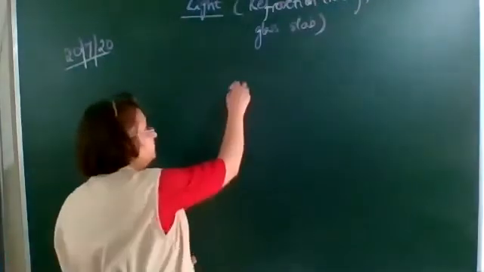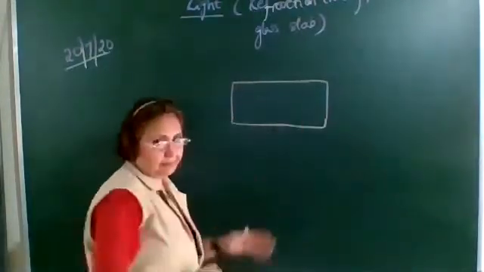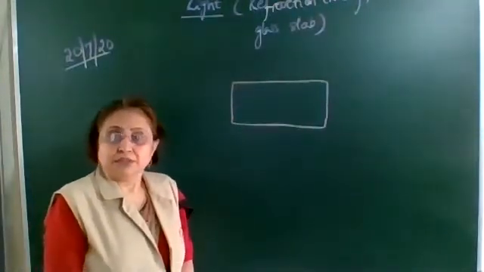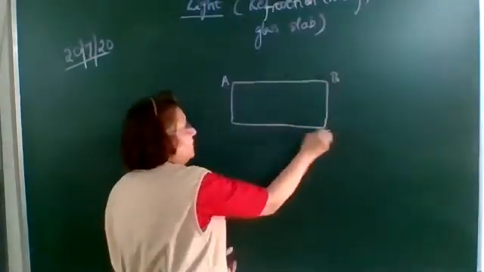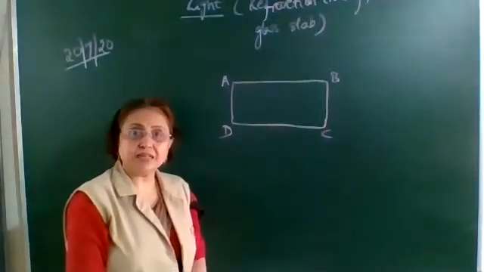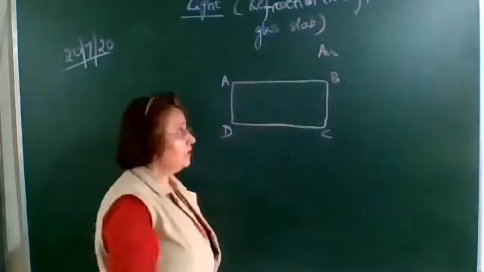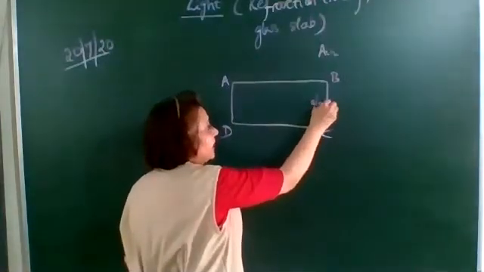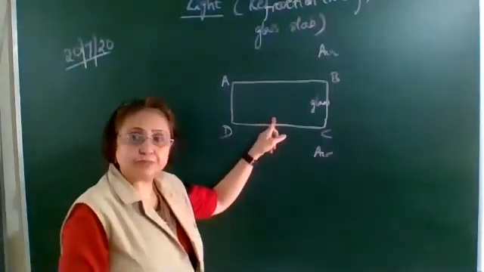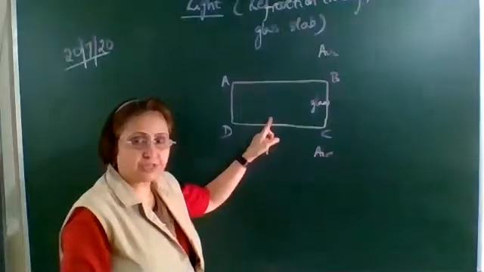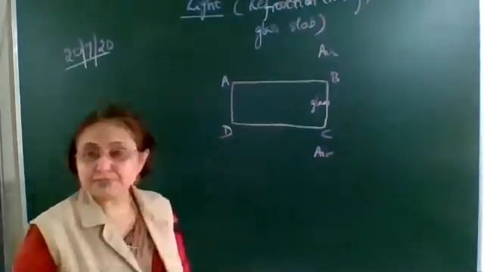Okay, now let's draw the diagram. This is one of the faces of the glass slab. It is made up of glass. Let us mark the boundary as A, B, C, D. So this is the glass slab. Here the medium is air, and this medium is glass, and when the ray emerges back, because a ray of light entering from air to glass will not stop here, it will again emerge back into air.